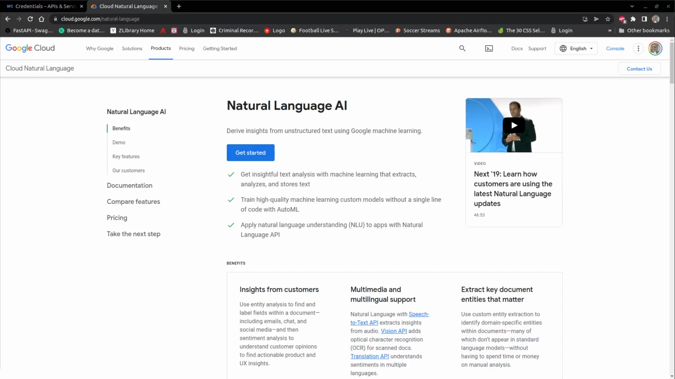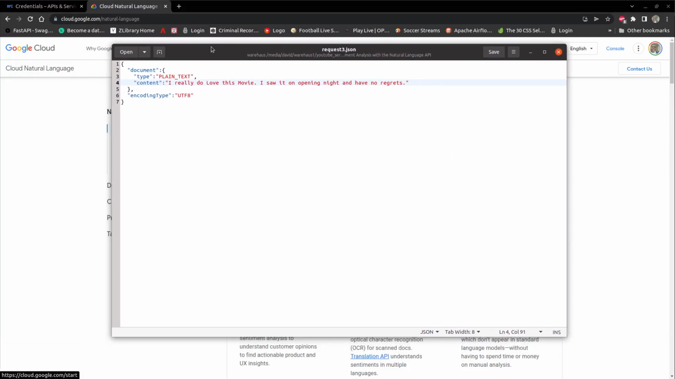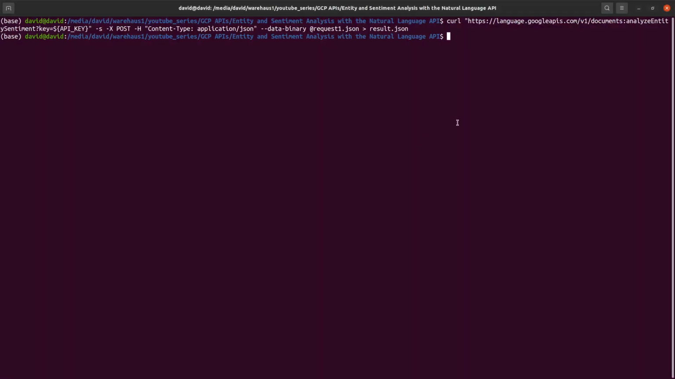So let's look at the next thing we can do with the natural language API, which is analyzing parts of speech. I have another request. I just copied part of the previous request. So I really do love this movie. I saw it on opening night and have no regrets. It's very simple. We just use the natural language API to analyze the parts of speech of this